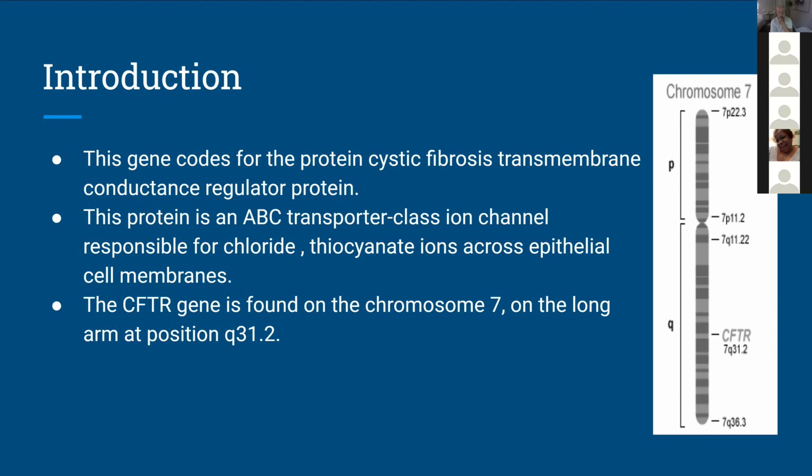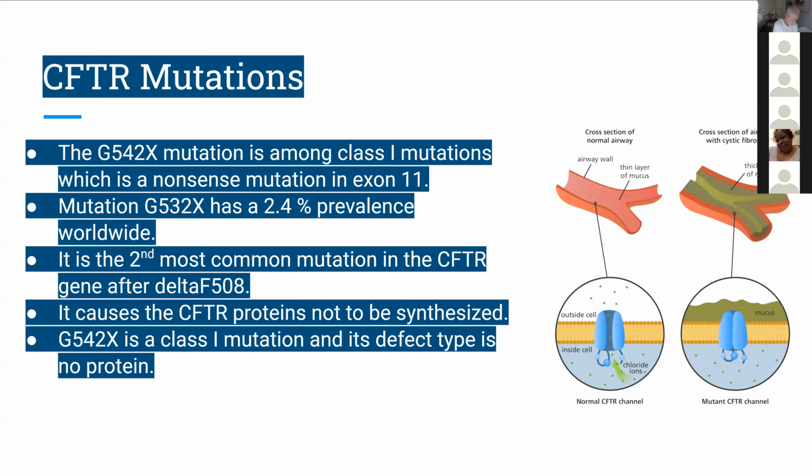It's found in the lungs, liver, pancreas, intestines, reproductive tract, and skin. And it's composed of 27 exons that encode its genetic sequence. It's found on chromosome 7 on the long arm at position q31.2. And then